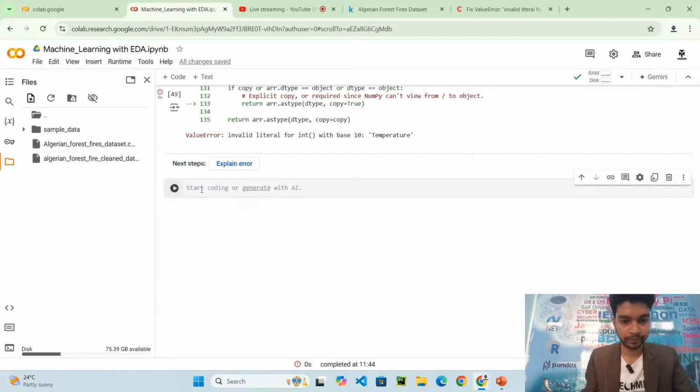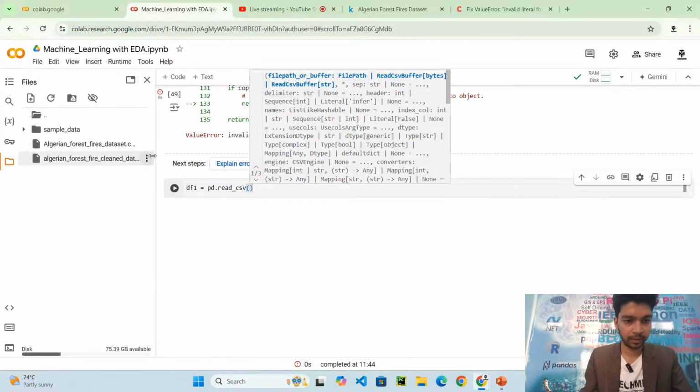So df1 equal to pd.read_csv. I'll copy this part.